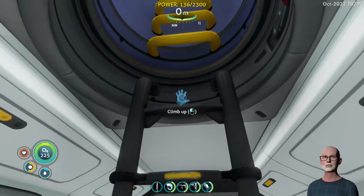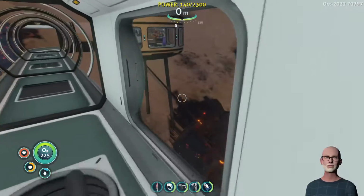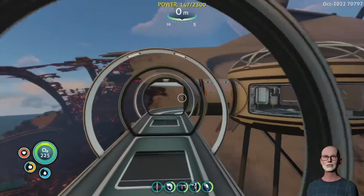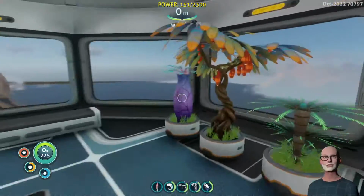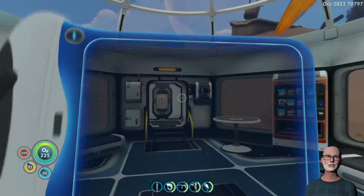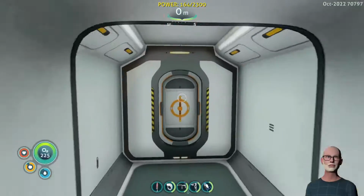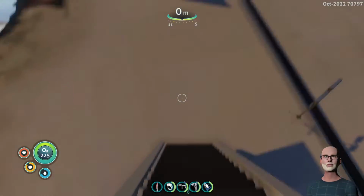And we can also go way up on the roof of the Aurora. So there's another cozy room with food. You can work up there for a long period of time and still get food or medicine. You can sit and relax, and you can go outside and walk on the roof of the Aurora